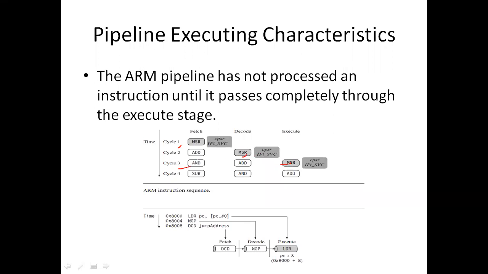During the second cycle, that first instruction is still in the decode process. Only after an instruction has passed through all these stages will its execution be completed. You can see that the second instruction's execution will be completed during the 4th cycle. So the third cycle executes the first instruction, and the fourth cycle executes the second instruction. The add instruction's execution is completed only after it reaches the execution stage.